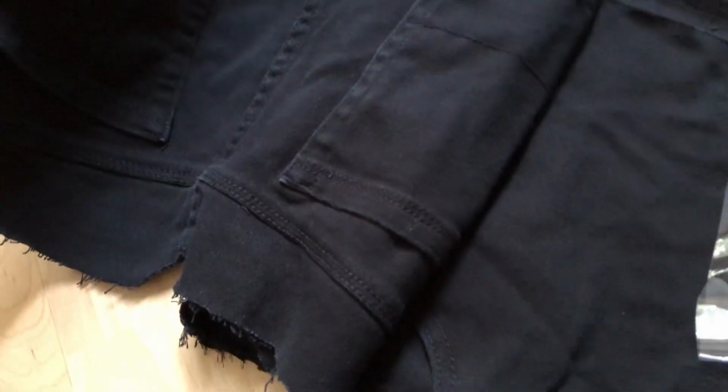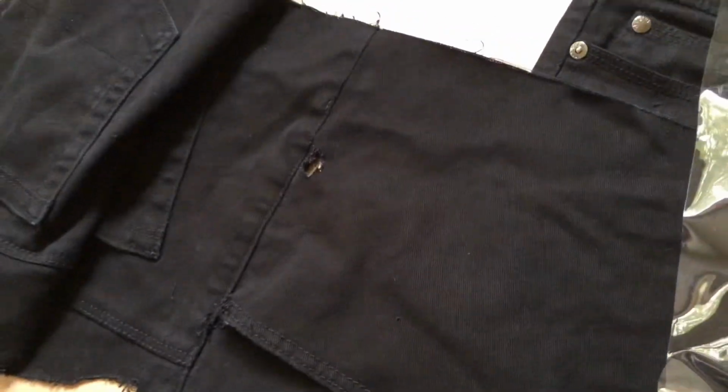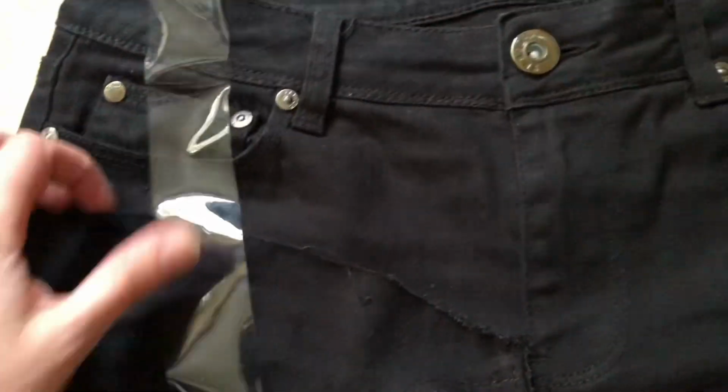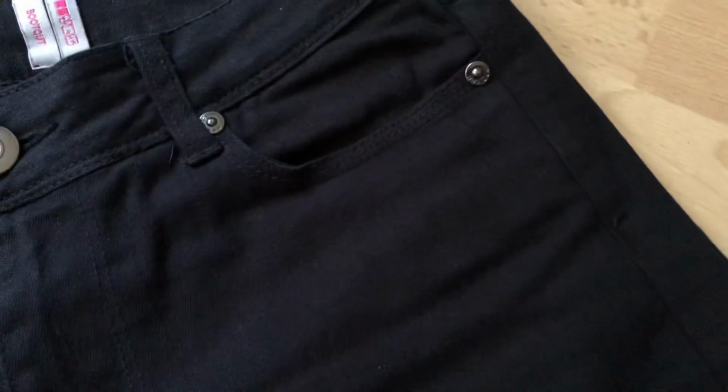So this is actually part of a pair of jeans. I made the legs into kind of, I guess you could call them leg warmers, but they go up to your thigh. But this was the rest of it. So I'll be using this, and I think I'll have a strap probably coming out of the pocket like that on either side, and then the legs I was thinking